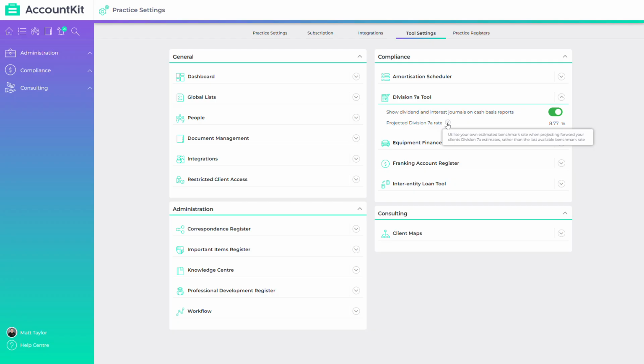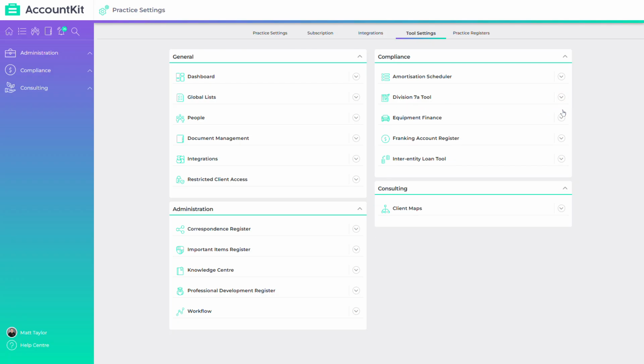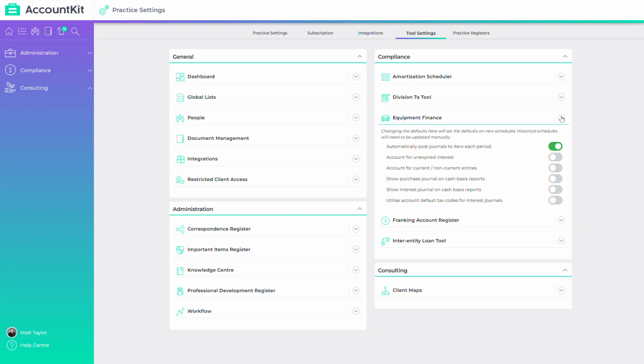So very quickly we can see that this is just an estimate if you want to use your own personal estimate, or you can go ahead and just use the standardized rate as set by the ATO and project that forward by deleting the element that we see here, and we will simply use the current rate set by the ATO to project forward. Next we'll jump down to Equipment Finance, and similar to the amortization scheduler, this one gives